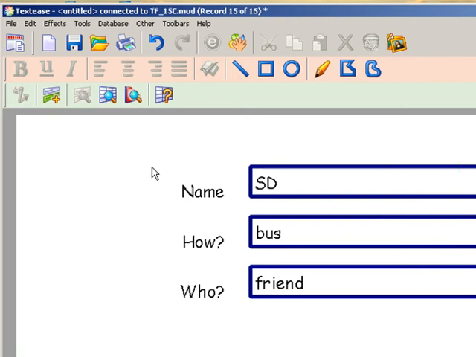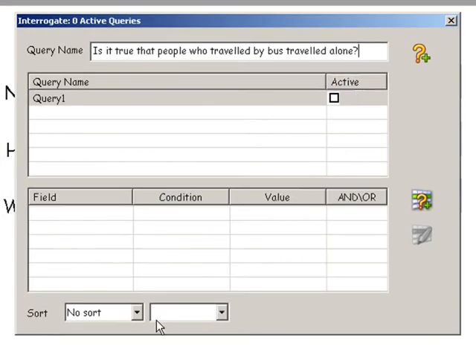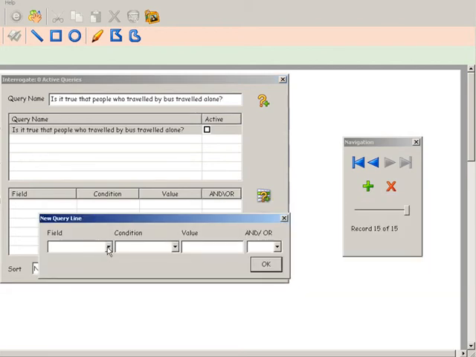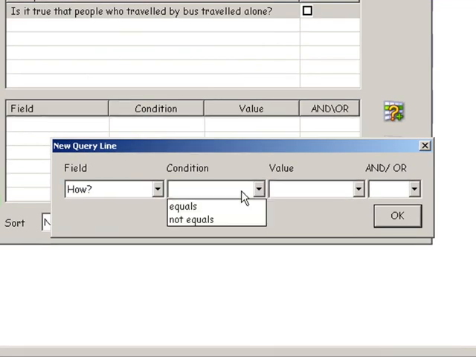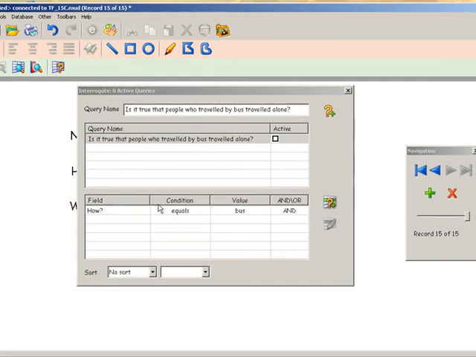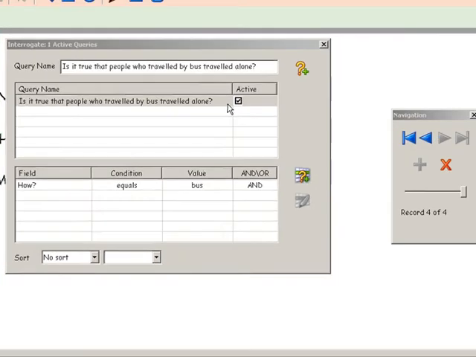Let's ask the question, is it true that people who came by bus came alone? I've now created the query, is it true that people who travelled by bus travelled alone? And I'm now going to set the parameters for that query. It's how did people travel? The conditions are going to be the same as, and the value is going to be for bus. And at the moment I've got 15 records there, but when I click on that and put that query in